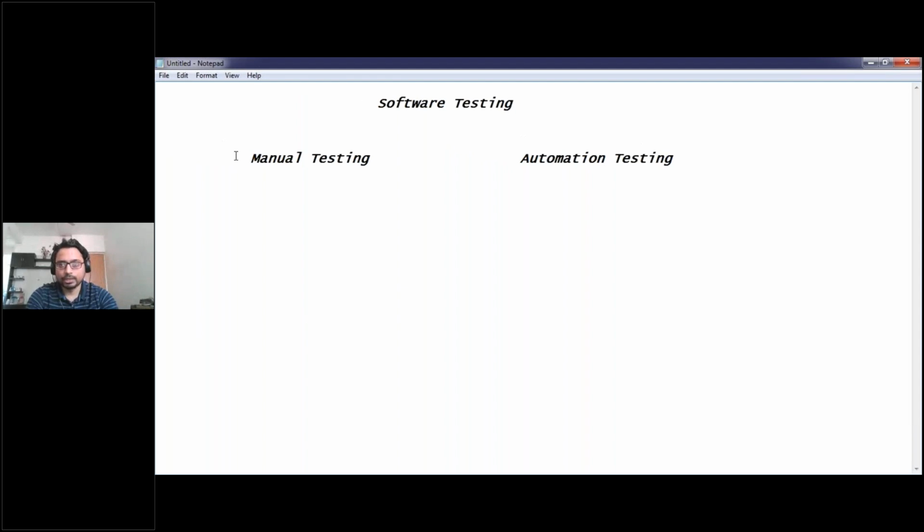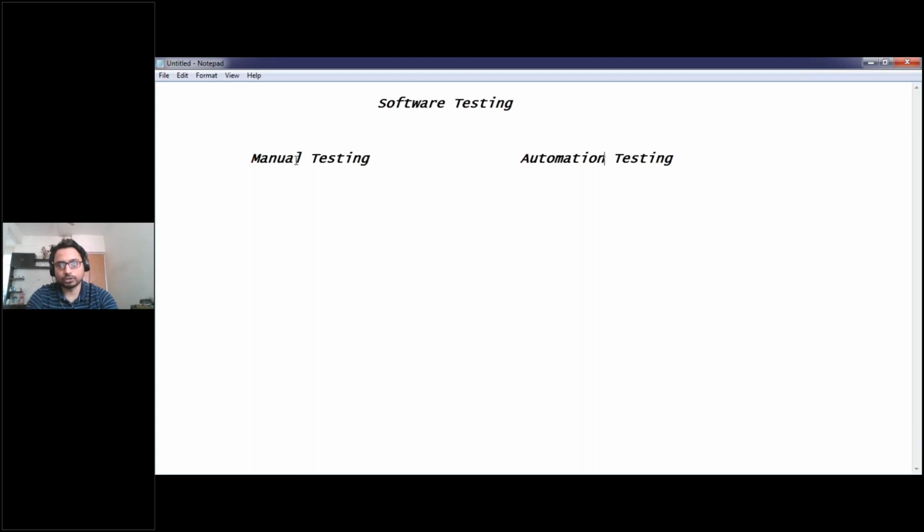So basically, software testing is a department in an IT company. In an IT company, we basically have two departments: one is development, and the other is testing. The developers get a requirement from the business analyst and start developing the application. Once the developer has developed the application, they give it to the software tester, and the software tester tests the application as per the requirement.